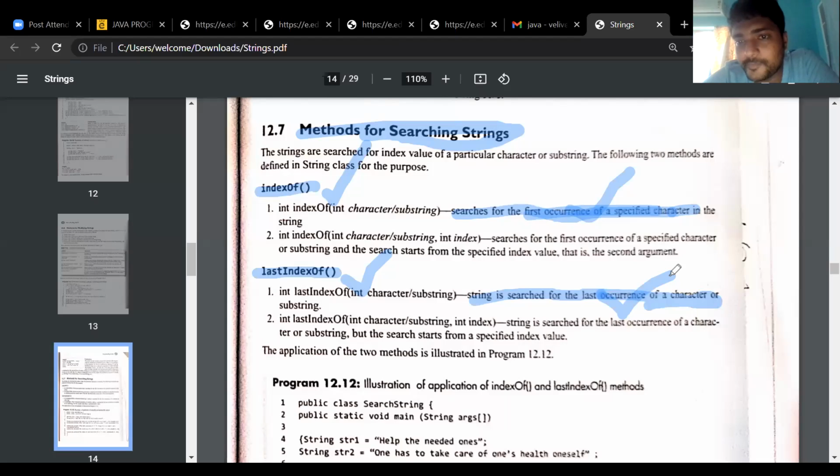That means 8. If you want to print the first occurrence, we use index of. If you want to return the last index, we use the last index of method.